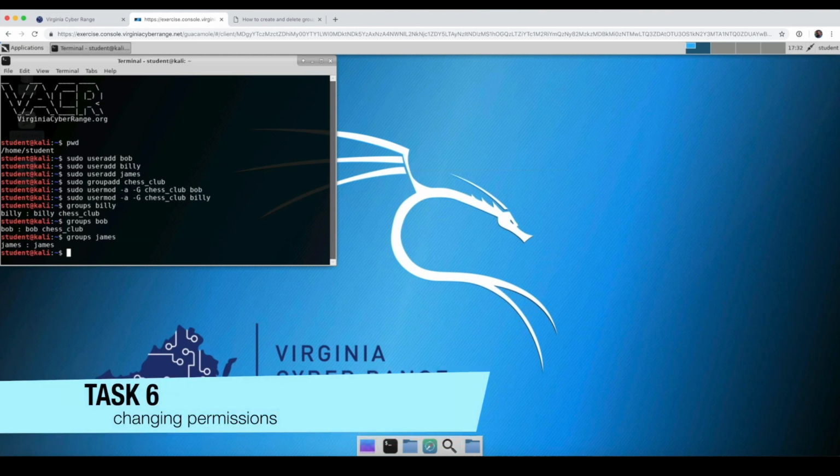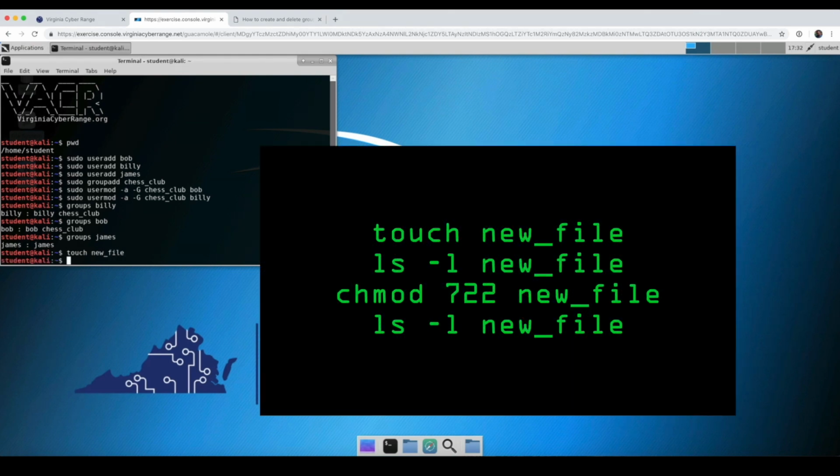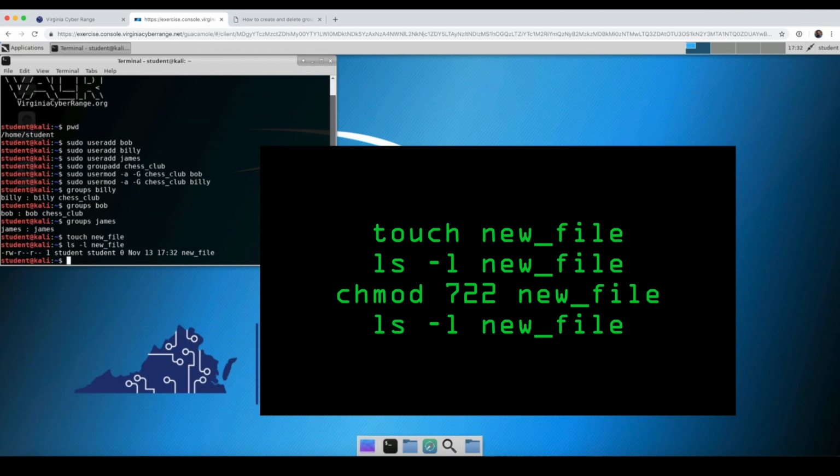Task 6. Changing permissions. Lastly, we are going to take a look at how to change permissions for a specific file or folder. We can do this with the chmod command. At a command prompt, type the following: touch newfile, ls -l newfile, chmod 722 newfile,